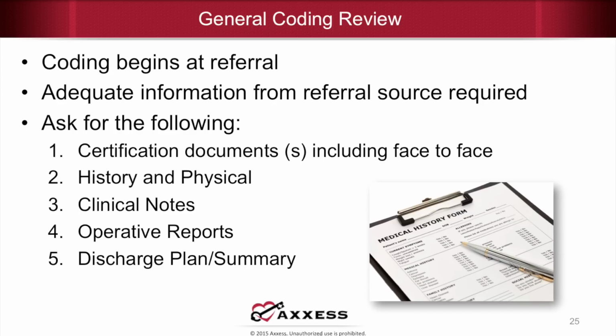So adequate information from the referral source is required. You need to make sure that whoever's gathering your referrals knows enough about coding and patients and problems to scan that and start looking for coding information. And make sure that the referral source is also asked for the following documents. Number 1, the certification documents, including the face-to-face encounter that should have occurred according to CMS's guidelines, the history and physical, the clinical notes, the operative reports, and lastly, your discharge plan and discharge summary,